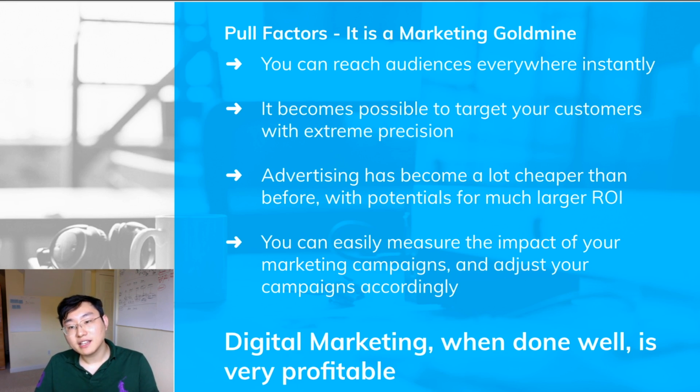Thirdly, advertising on Facebook, Twitter, social media, and Google AdWords has become a lot cheaper than traditional advertising. If you are placing an ad on a local TV station, you might reach 100,000 or 200,000 people with $10,000 spent. On social media, you might only need to spend $1,000 or $2,000 to reach that same level of reach with much, much more precision than the traditional TV channels.